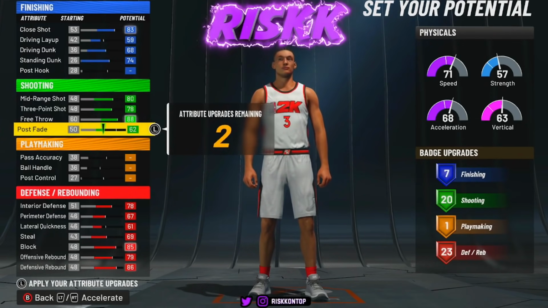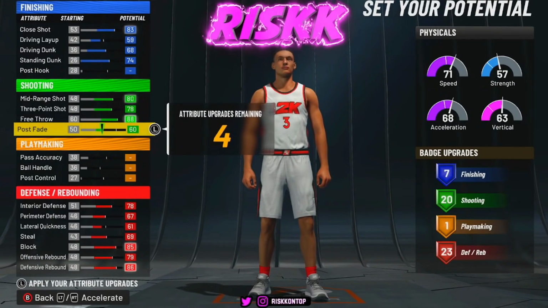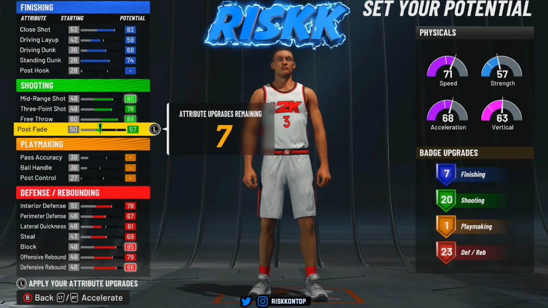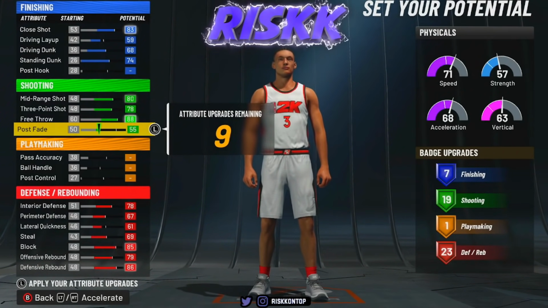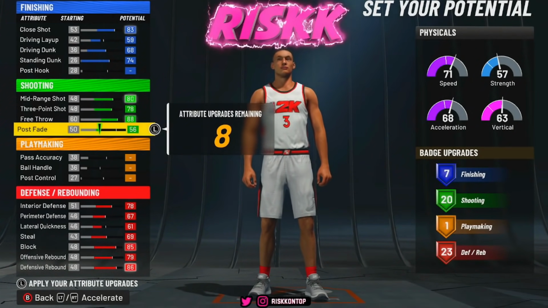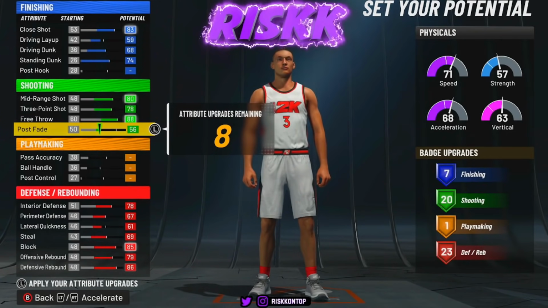We're going to take advantage of every single attribute, guys. This is very key to any build you make this year, and for the rest of eternity with 2K. Every attribute matters as long as they keep a system like this. So bam, at 55 it drops. So now we're gonna bump it up to 56, and now we still have those 20 shooting badges with just